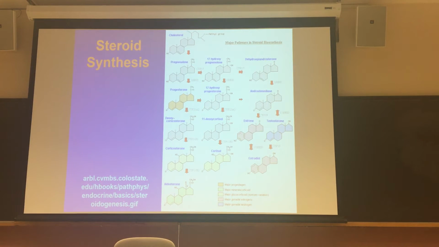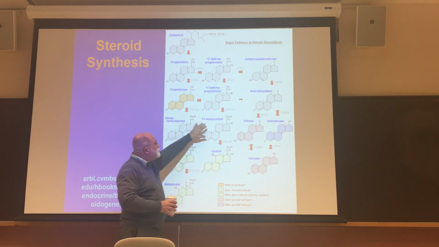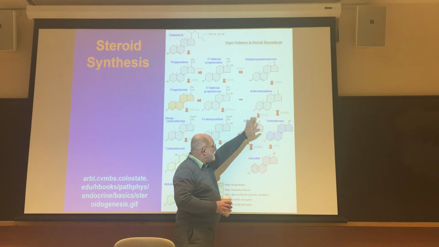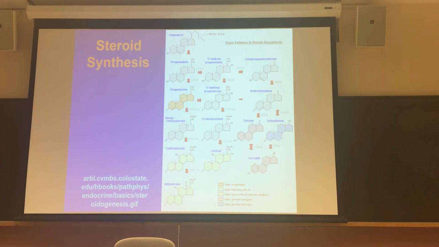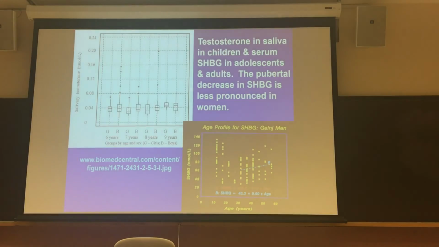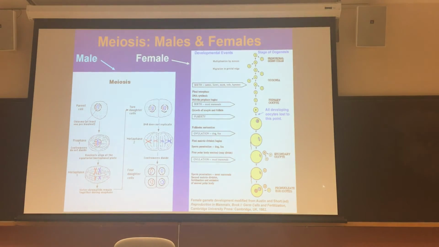Steroidogenesis we've shown before. Forget this part of it and this part of it. You're going all the way over to androgen production and then to form the estrogens. And there's coordination and functions between the granulosa cells and the thecal cells to form that estrogen. Maturation, skip that one. Okay. And then we're over to